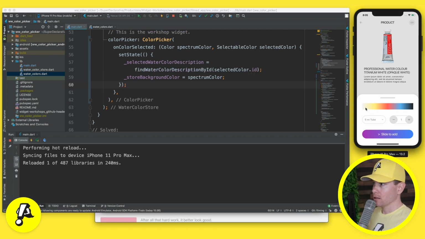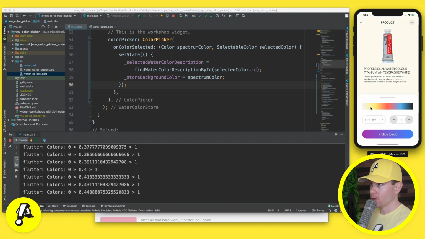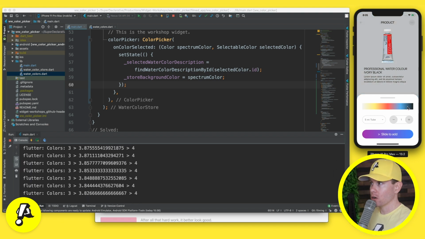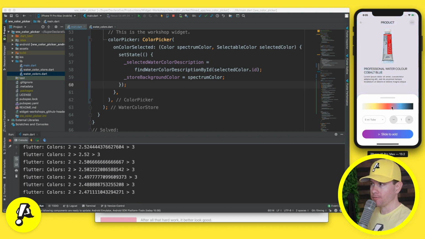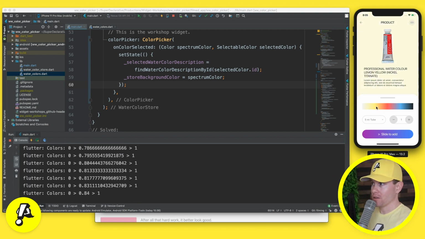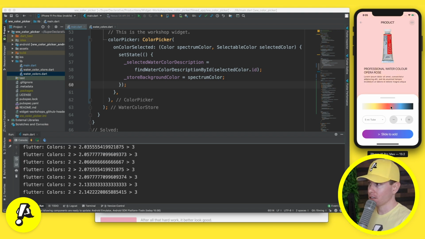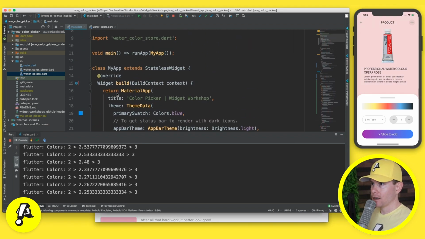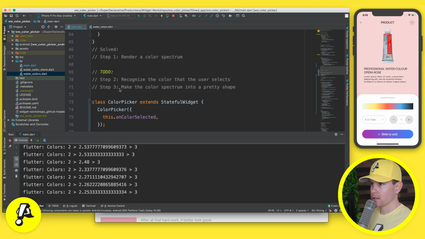Let's come back here. Let's start selecting on the left. Notice the background color changes and go from there. Now you see that? The background color is whatever the spectrum color is, but the product only changes when we get closer to one of those blobs. We can't see the blobs yet, but we've calculated the location as if they exist. Okay, so hopefully that all made sense. We have now technically completed step 2,